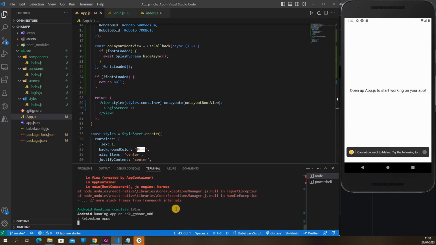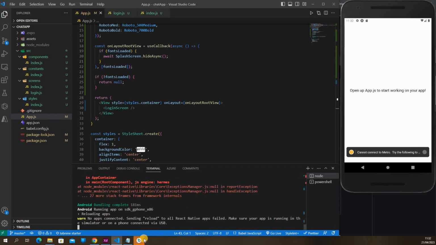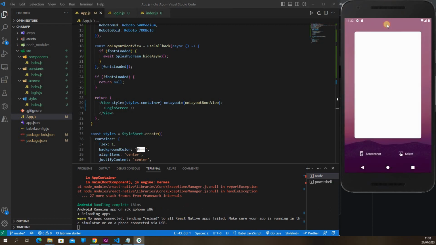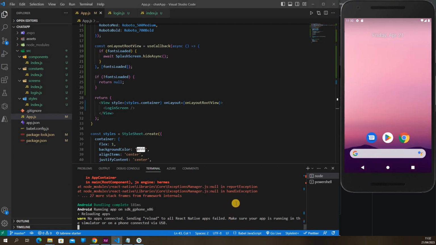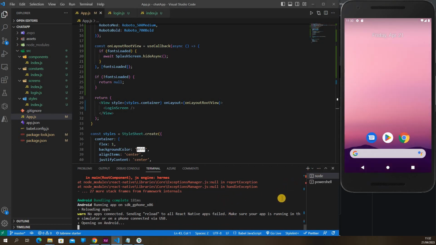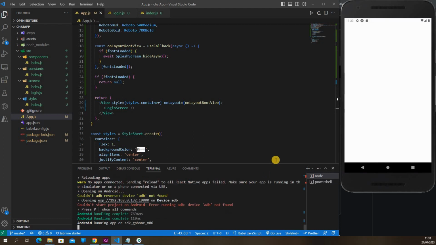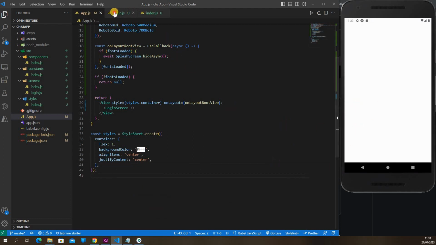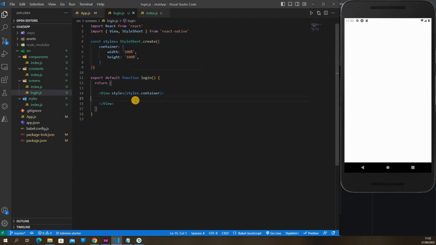So I'm gonna refresh. Saying no. Okay, let me just close this, and then I'm gonna open it again. Okay, so the app is running. It's not showing anything because inside our login there is nothing to display. But we're gonna build our first components inside the component folder, and I'll